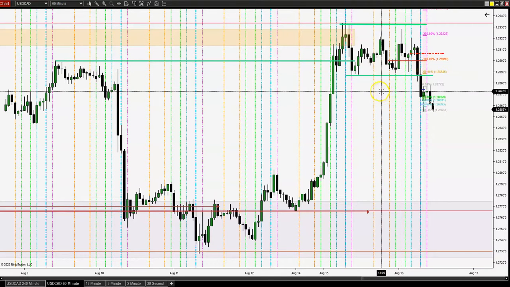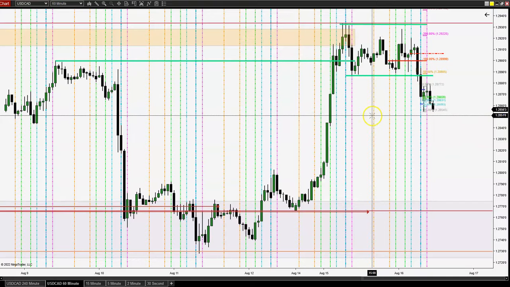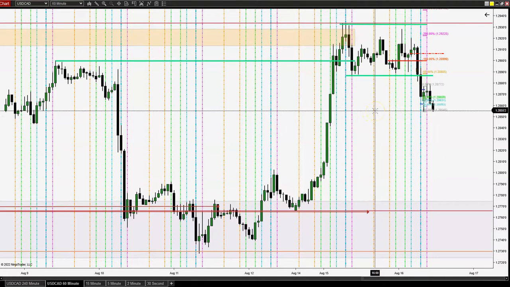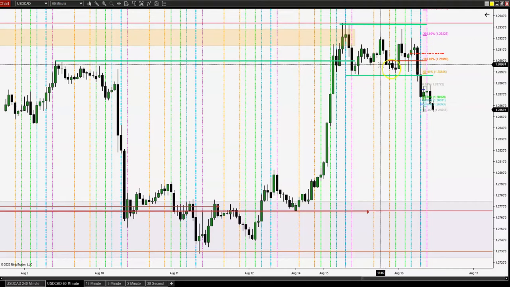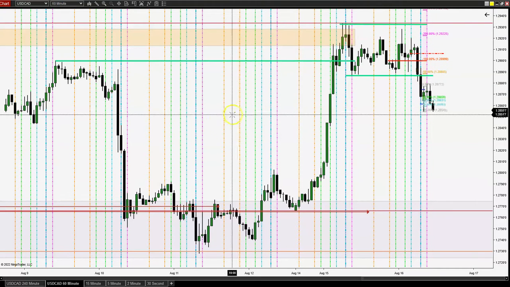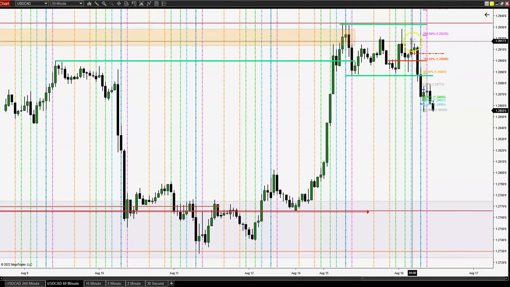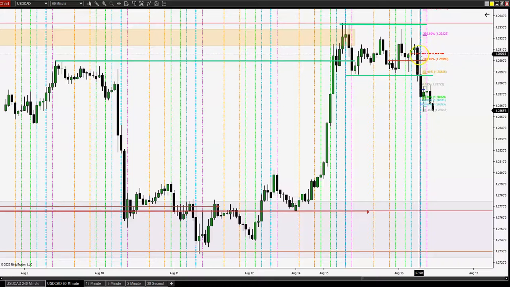I cannot predict as well as ICT does it. And even then, he's honest as well, where he says sometimes, I don't know. So at this point, I really don't know either what's going to happen with dollar CAD. I had an opinion about it. My bias was to shoot for higher price, and I figured with news happening today,